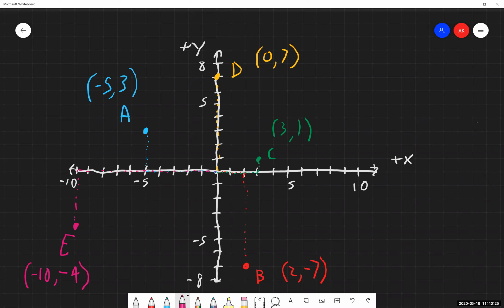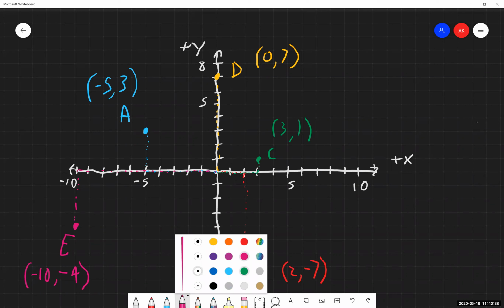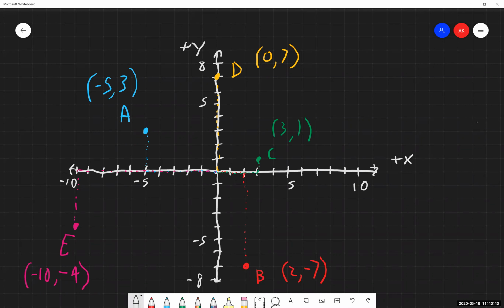And so hopefully we got these correct as we were going through them. Again, if we didn't, that's fine. This is the learning process. That's why we're going through some examples and getting some of the kinks worked out of the way now. But these are the answers that we should be getting to determining the ordered pairs of each of these points.